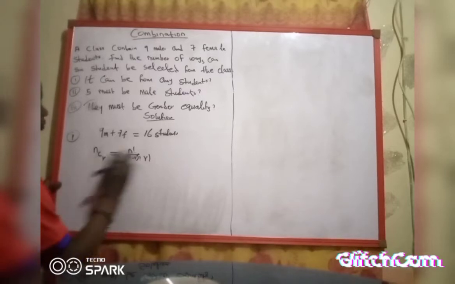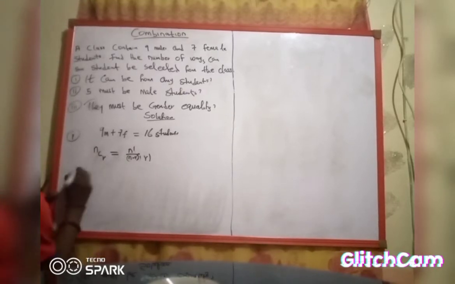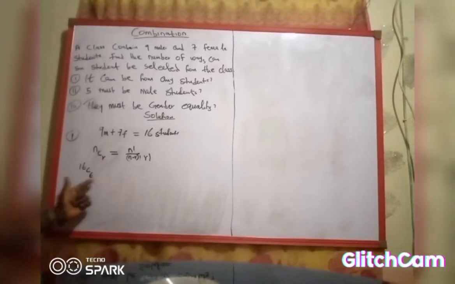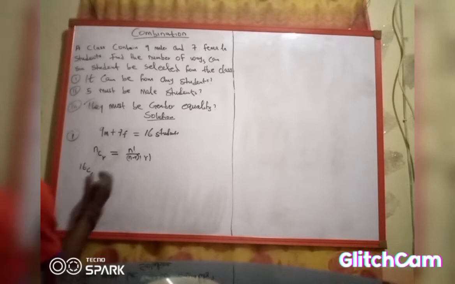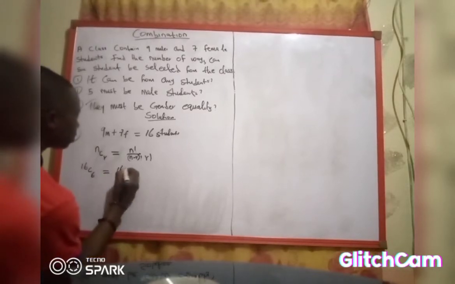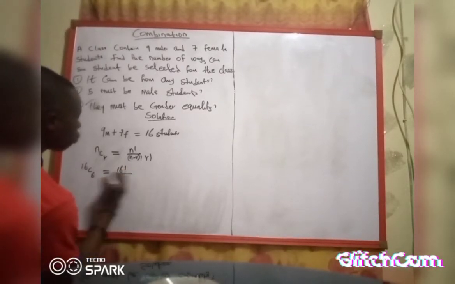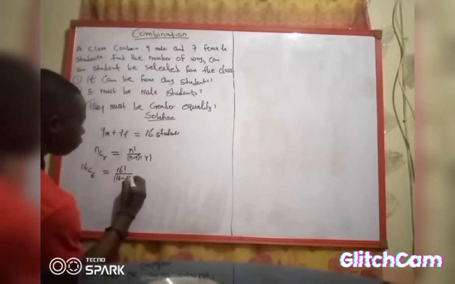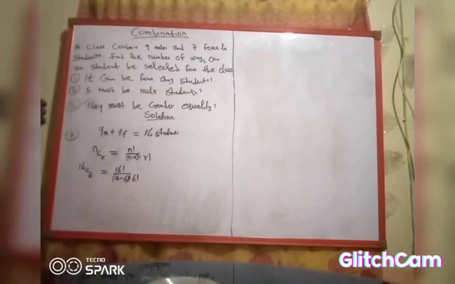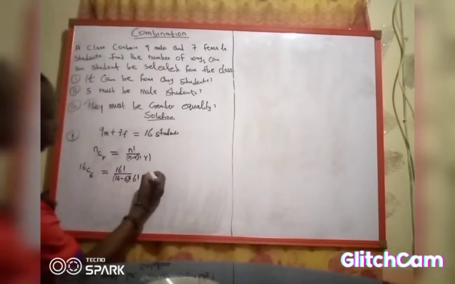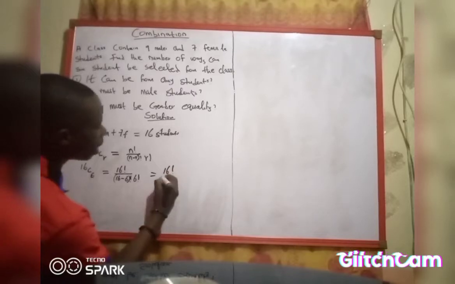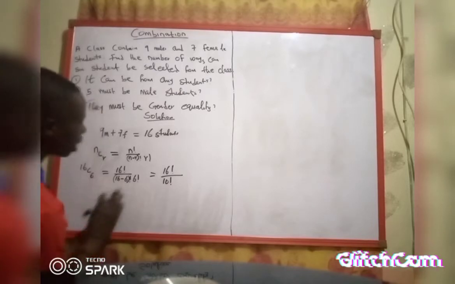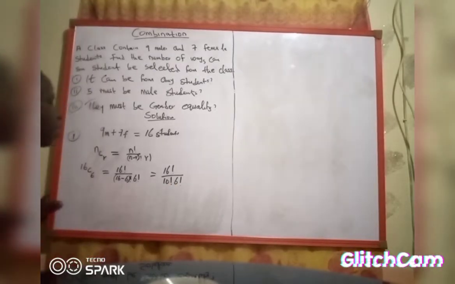I have n, which is 16, combination 6, because we are selecting 6 from 16 students, which is equal to 16 factorial all over (16 minus 6) factorial times 6 factorial. So it will give me 16 factorial all over 10 factorial, then 6 factorial,